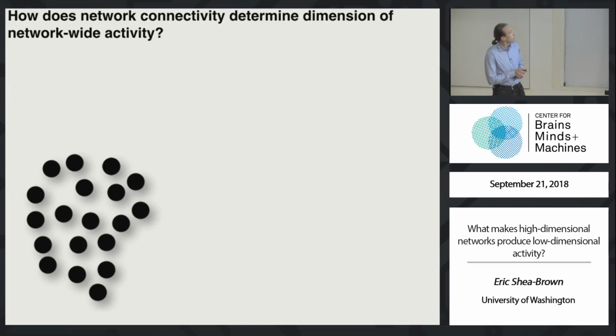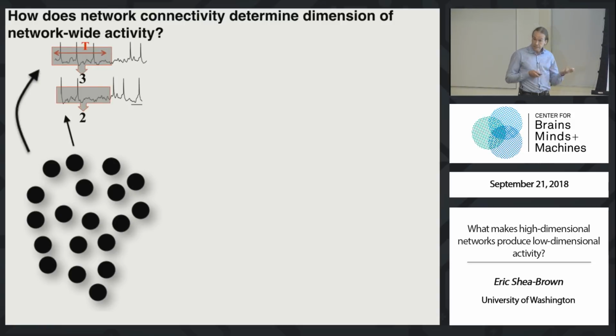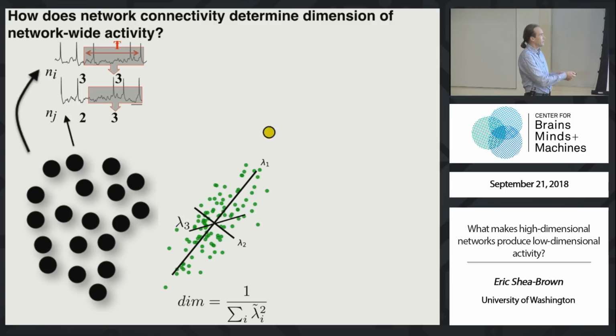Okay, bottom up. So let me remind you what it is that we're studying one more time. You got a bunch of cells. They're spiking away. Make a simultaneous measurement of that spiking activity coming from more than one cell at once, plot it, approximate it by a football, measure its relative axes, and quantify its dimensionality, right?